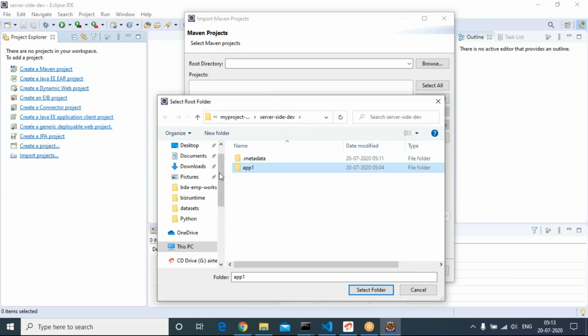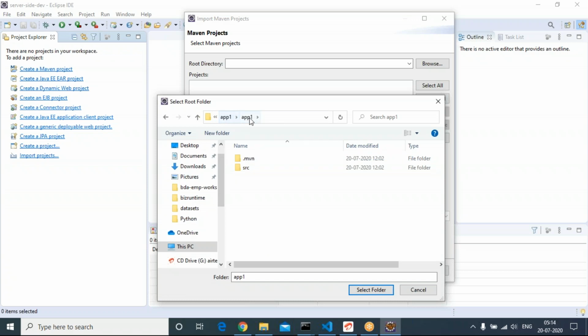In this workspace, there is one project. Go inside app1. Actually, the first app1 is the rar file folder. The second app1 is the project folder. Go inside. Every Spring Boot application will contain .mvn and src. Till you see .mvn and src, you have to keep going inside. So most of the beginners are choosing the first app1. The first app1 is a folder which is created because of the zip file. Go inside this folder.